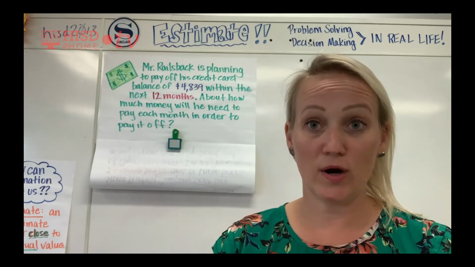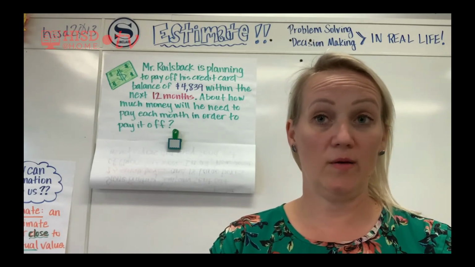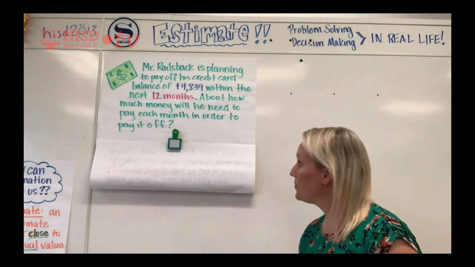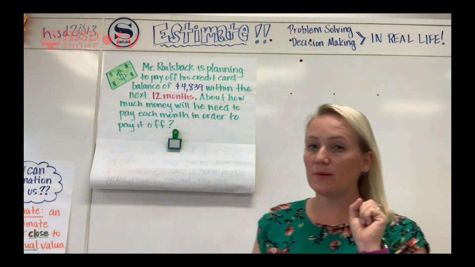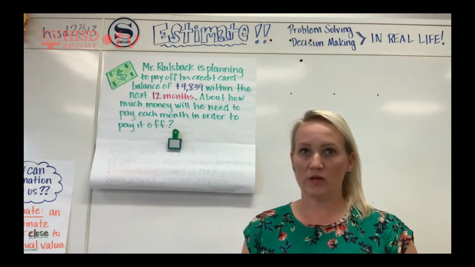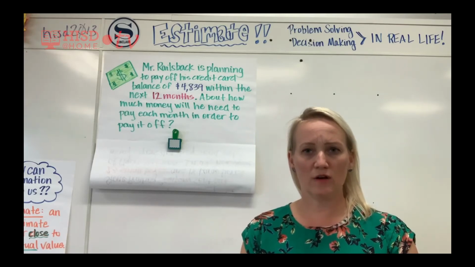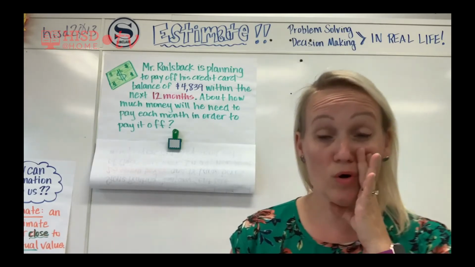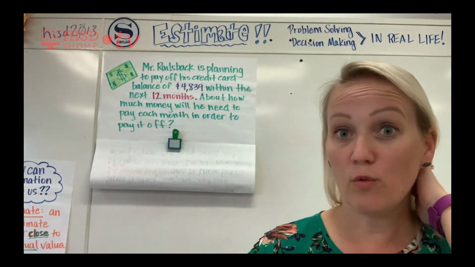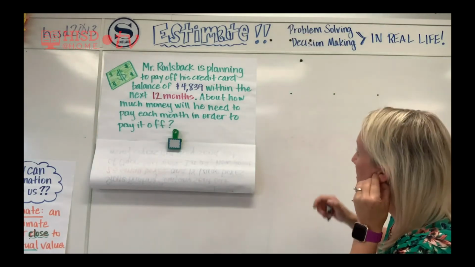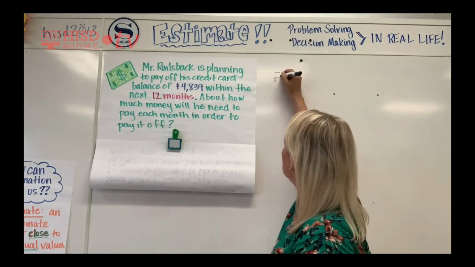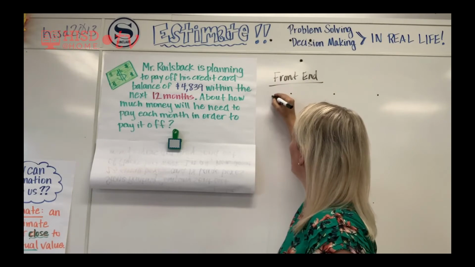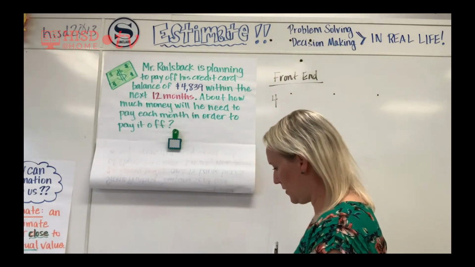So we're gonna take this number and we're gonna think about what we're gonna do with it. But we are definitely not calculating the exact amount. We're gonna try different ways. So if he's got a large sum of money, we talked about this with long division last week. If he's got a large sum of money and he's trying to figure out how much to pay off during specific equal amounts of time groups, we know we're doing division here, okay? So I'm gonna start by using front end estimation first. So let's try front end. I have 4,000,